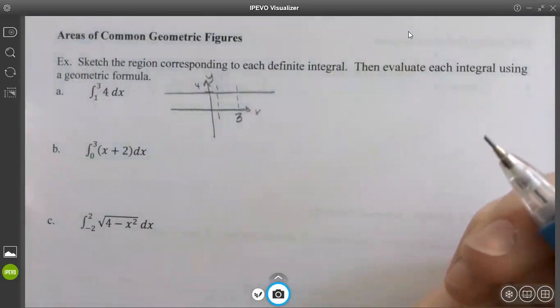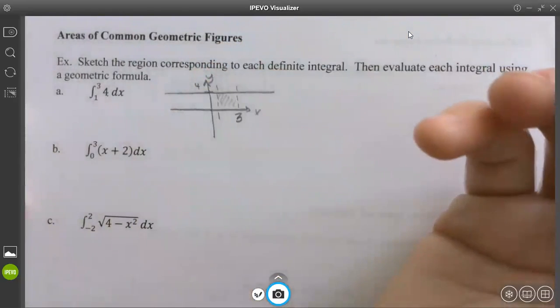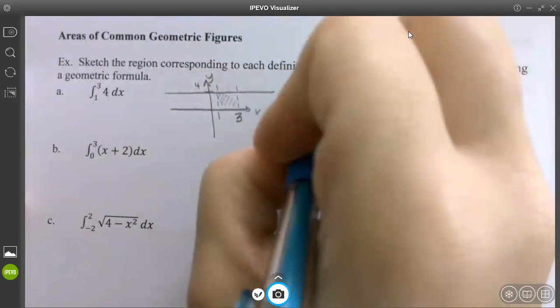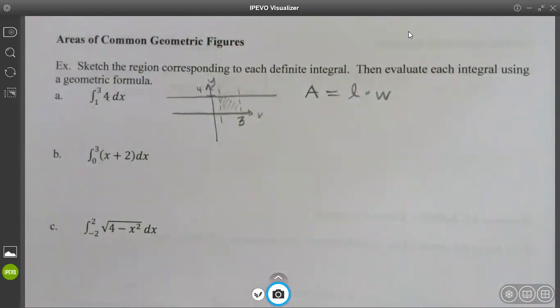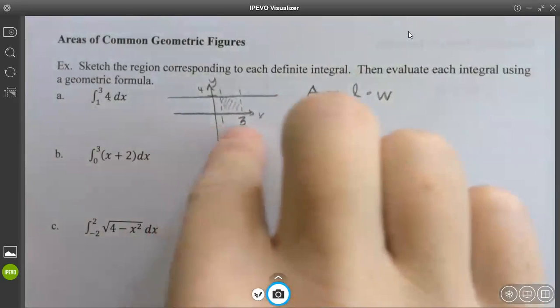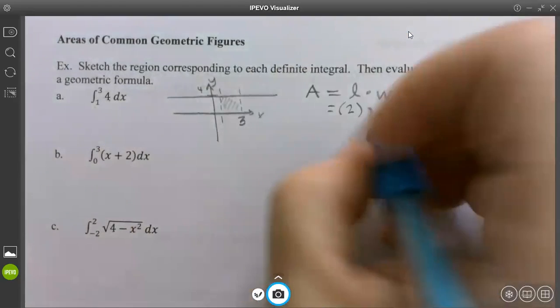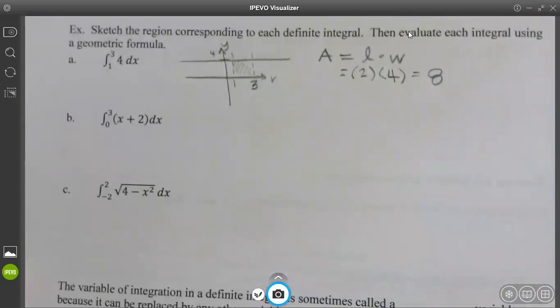What did that make? What kind of figure did that make? A square or a rectangle depends on what our measurements are, right? Square or rectangle. All right. So we don't need to use the integration. We can just do length times width. So think about this rectangle. What is your length from 1 to 3? What is your width or your height? So you don't always have to use integration, depends on what you have.